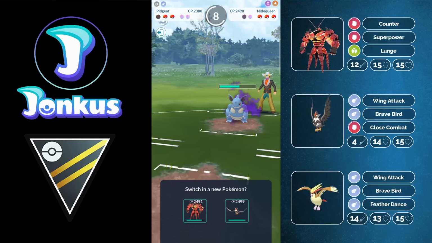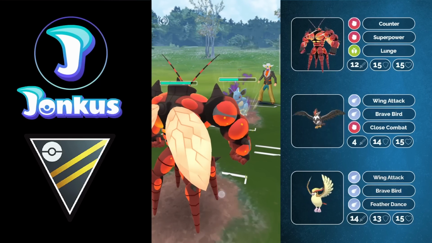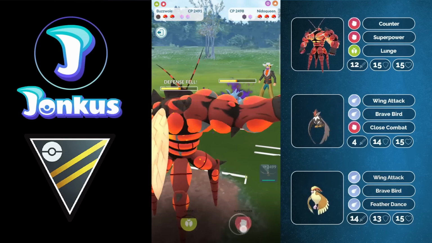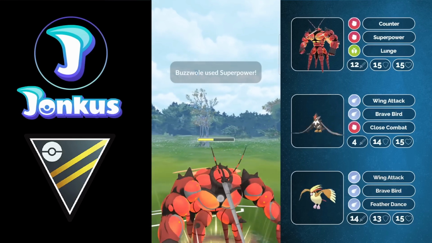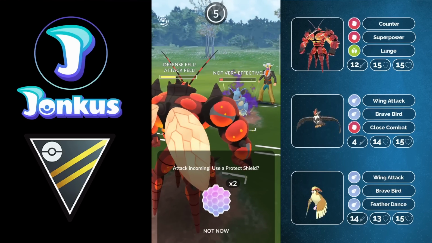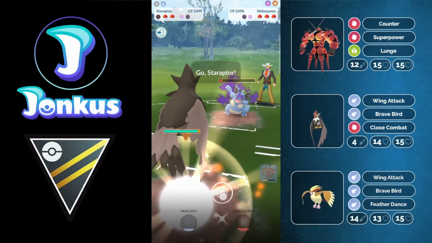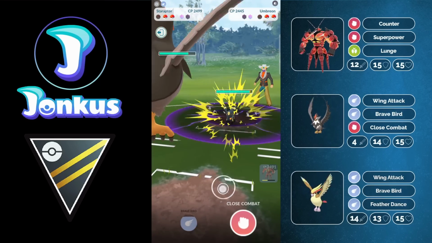But in hindsight, this is the thing that you kind of have to learn when you play a new team and how to really deal with it. This matchup I would have played differently if I had played this team a little bit longer prior. What I would have done is stayed in with my Buzzwole against the Nidoqueen, which seems a little bit silly in the beginning. But if you get to the point where you can go for a Lunge and just debuff them and do some counters and hope that they throw the Poison Fang pretty much as close as possible